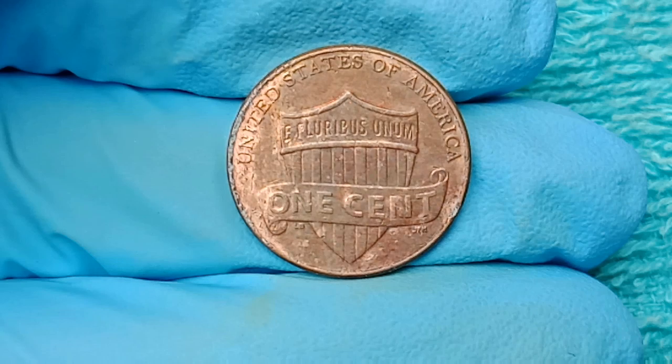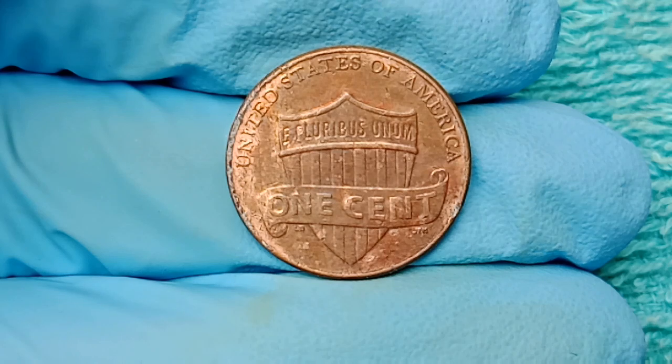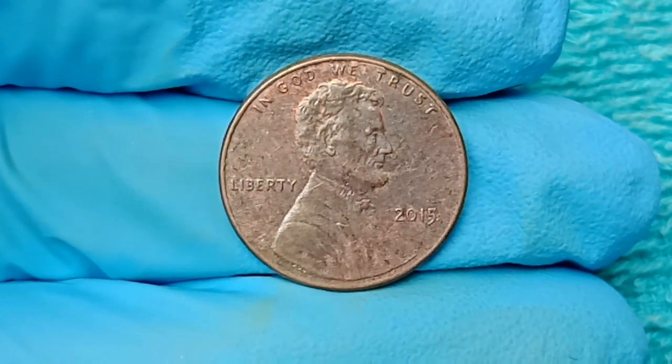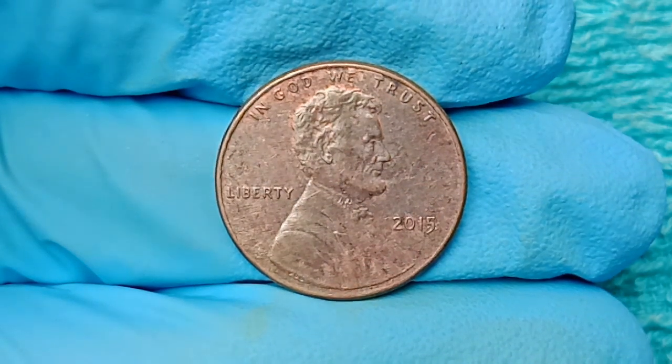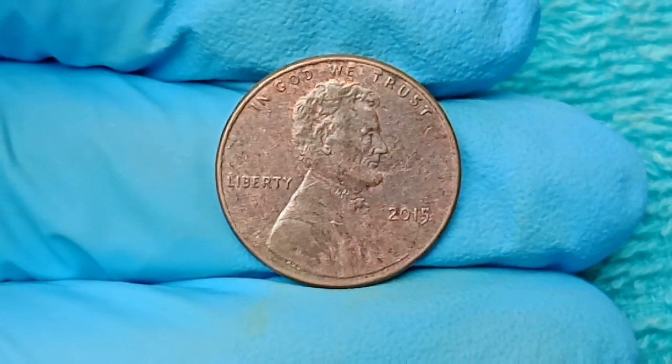And one famous case involved a high school student in Texas who discovered an ultra rare error 2015 cent while sorting through coins for a science project and later sold it through an online auction platform for $4.3 million, changing his and his family's financial future forever. And each story like this fuels the excitement and the dream that others might be out there, undiscovered and waiting